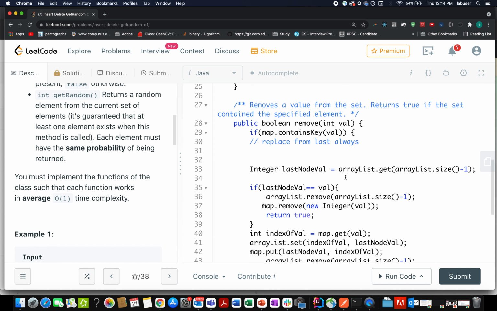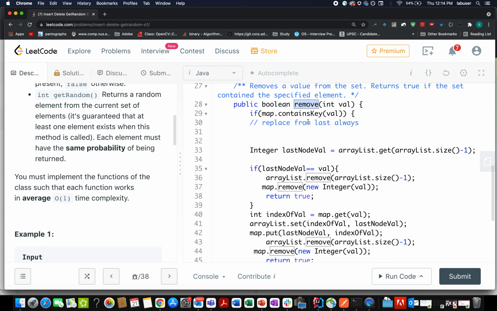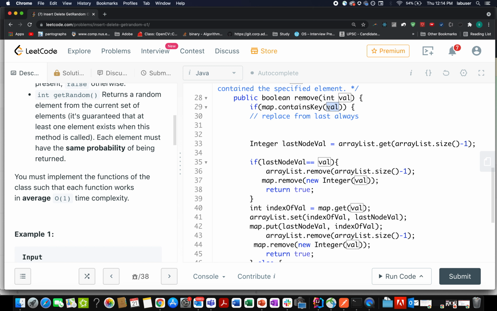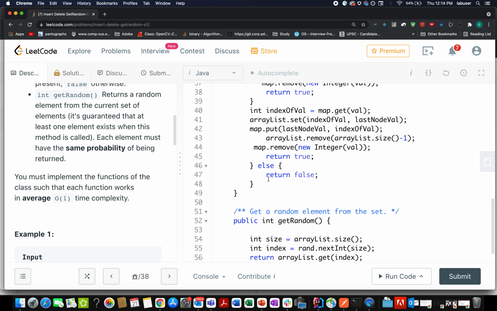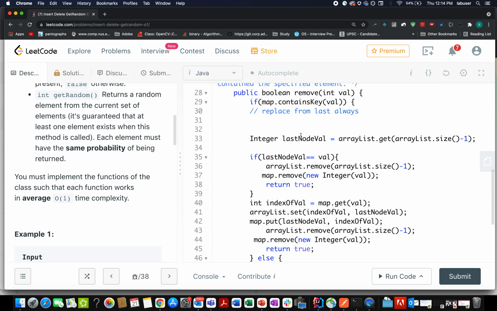Let's talk about the most interesting case, the remove method. If the value being passed in the parameter is not present in the map, I simply return false from it. Otherwise, I extract the last node value in my array list, whatever value is held at the terminal position.